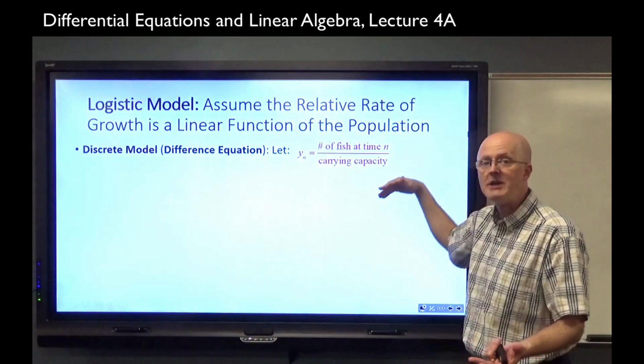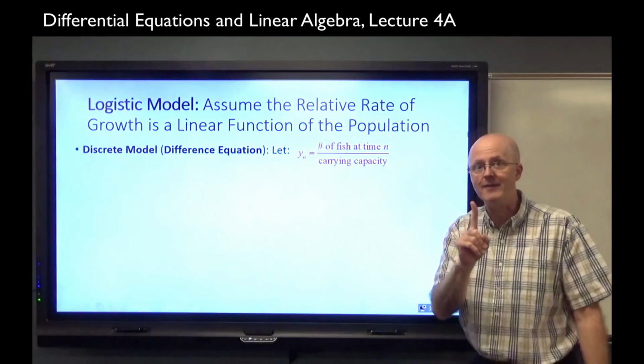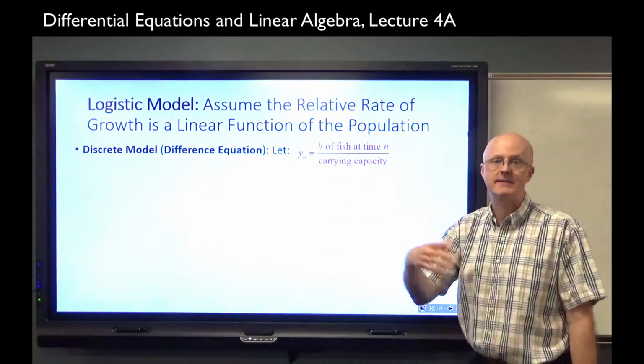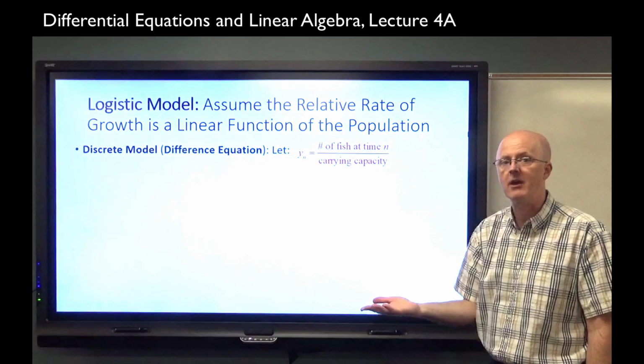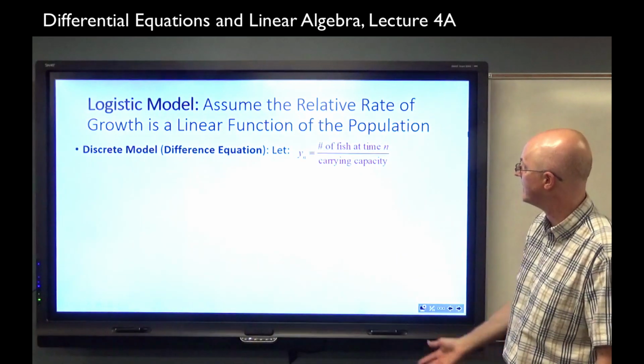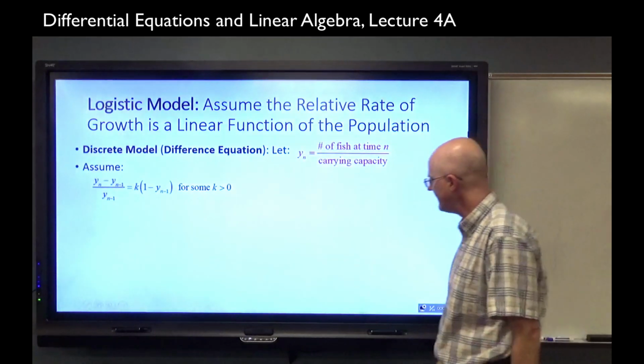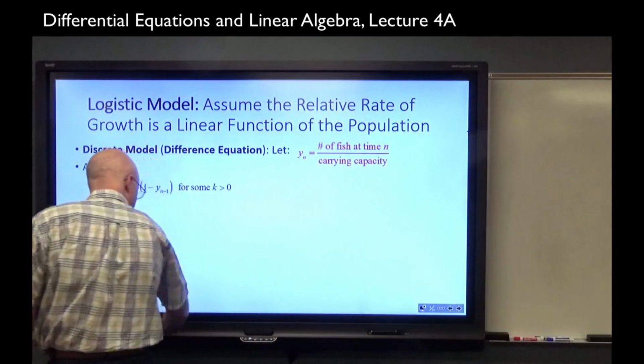And we're looking at the ratio of this. So when this ratio equals 1, that means that the population is at the carrying capacity. If it's less than 1, then the population is below the carrying capacity. And if it's greater than 1, the population is above the carrying capacity. We're going to assume that this quantity that you see right here,